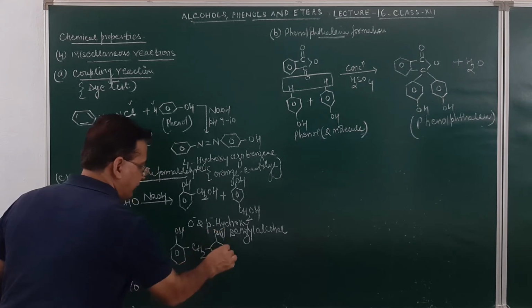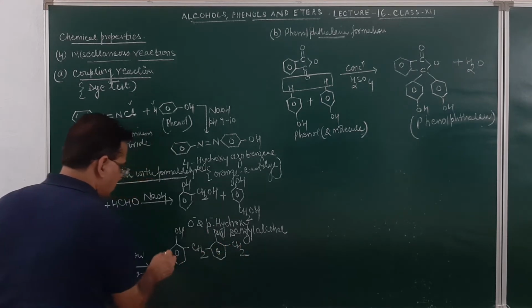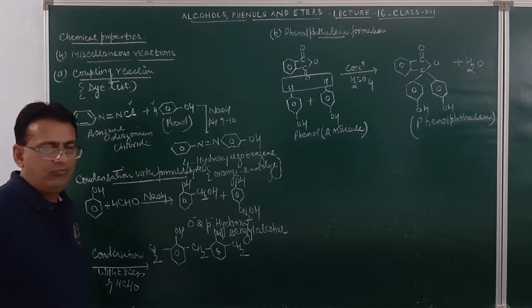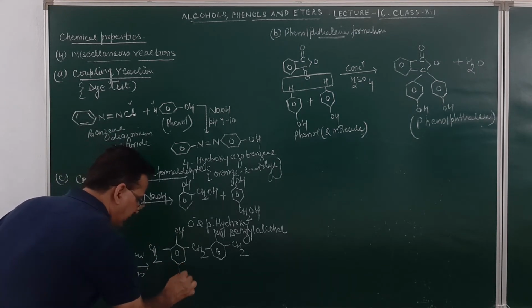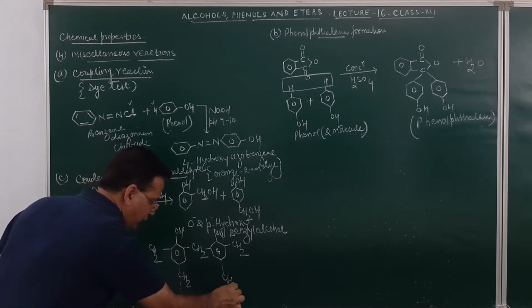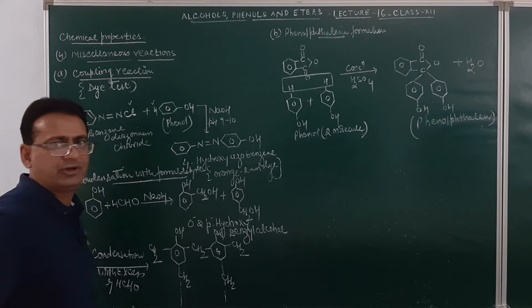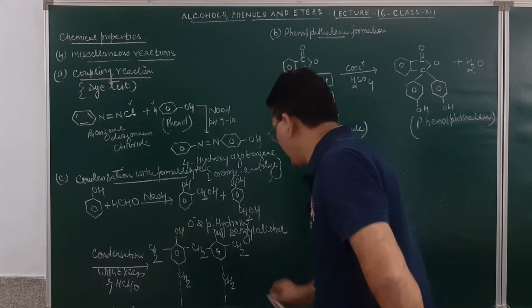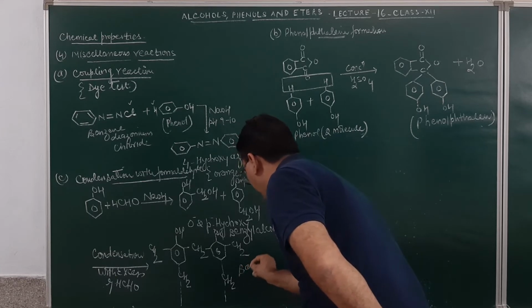This again is OH. This will be CH2. This will be linked in this manner. So formation of a bakelite polymer will take place. Similarly over here, it will be linked in this manner. This will be CH2 and it will be linked in this manner. A big structure can be made. So it will result in the formation of polymer, a bakelite over here. So bakelite polymer is obtained.